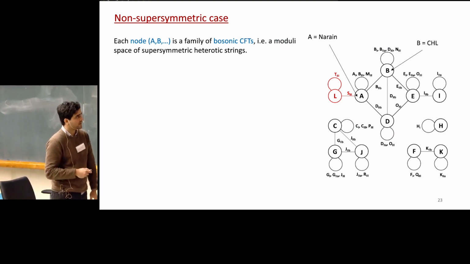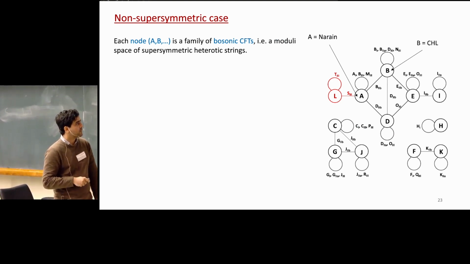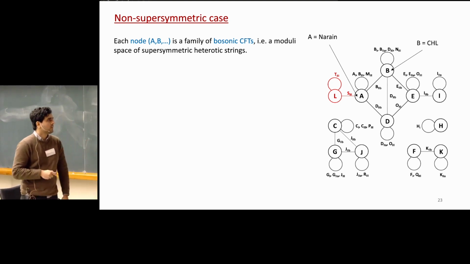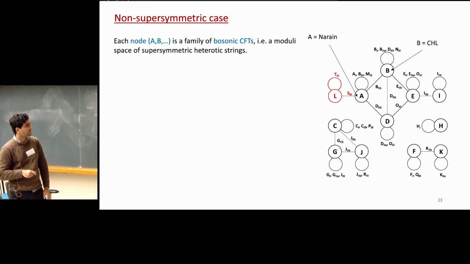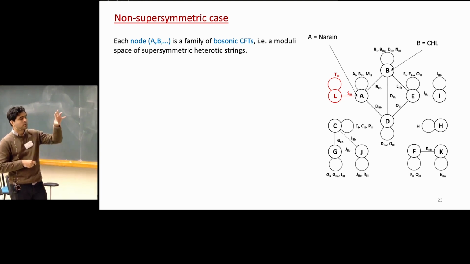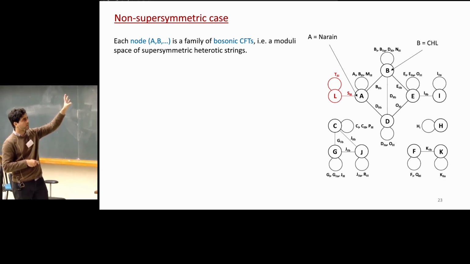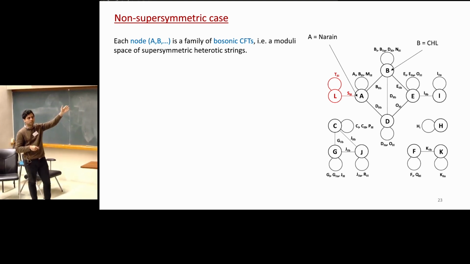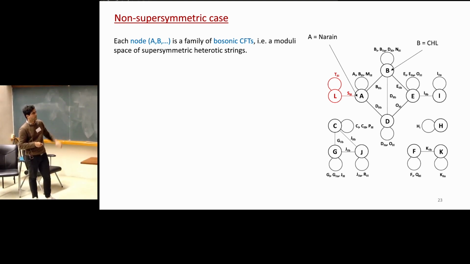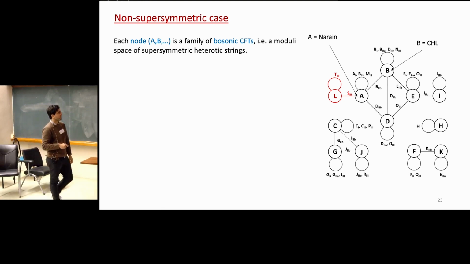So let me explain this a bit more in detail. This picture here is central to all the discussion. What does this represent? You have lots of nodes labeled by letters, and those nodes are families of bosonic CFTs. Each one of those families corresponds to many points of factorized CFTs, and they in turn correspond to a moduli space of supersymmetric heterotic strings. So for example, this one here, A, is just the heterotic string put on T8. You have a two-dimensional theory with 16 supercharges, and it's here.